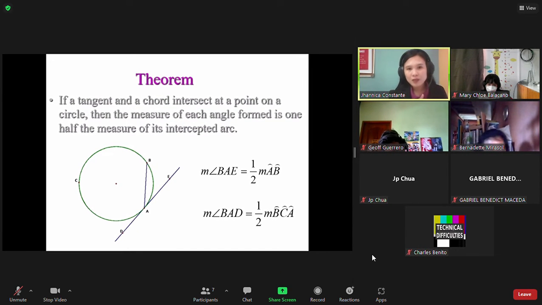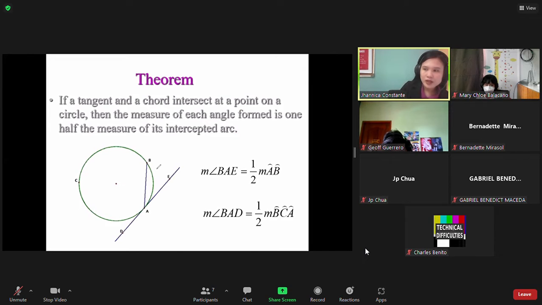And to find the measurement of that angle that is being made by the tangent line and the chord line, you're just going to get half of the measurement of the intercepted arc. When we say intercepted arc, you can use either the minor arc or the major arc being made by the angle. The intercepted arc, for example, if the measurement given is the arc BA or AB, so you're going to